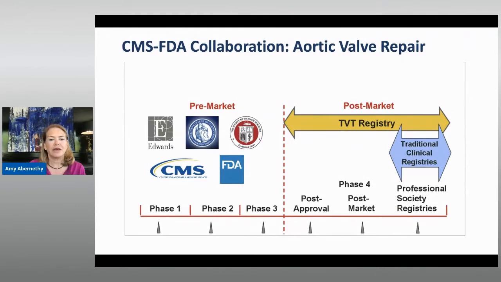So, as we think about this, I also wanted to highlight that CMS and FDA have had an impressive history of working together to promote rapid access and evidence development. And we've benefited from real-world data from clinical registries. A great example is TVT, the Transcatheter Valve Therapy Registry, which produced critical data on the outcomes of this transcatheter aortic valve replacement as it was broadly adopted into clinical care. It helped to inform subsequent regulatory coverage and clinical decision-making. There were over 70 peer-reviewed journal articles that have been published from TVT. And this really has been a very critical step.